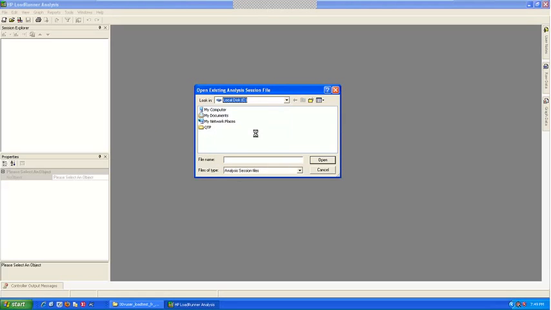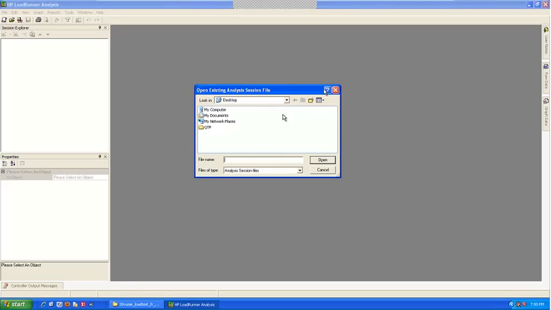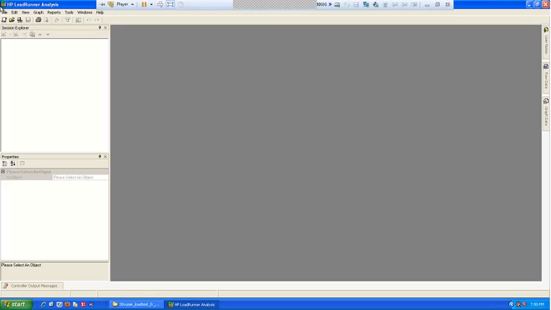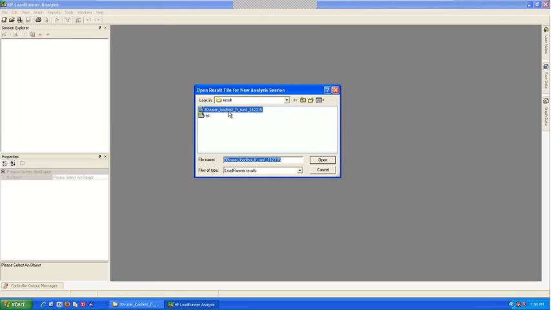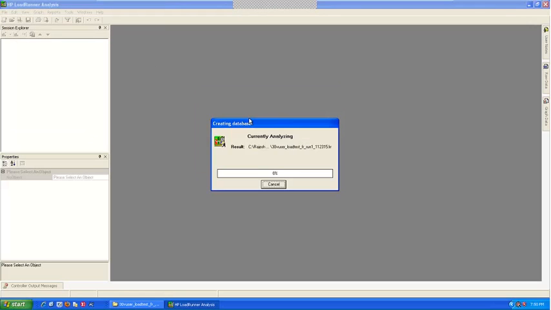So if I go to my C drive where I have saved it, it will not be able to identify that result file, because if you want to open an existing file, it will open only the LRA file, LoadRunner analysis file. So you have to first go to file new. That's when it will detect the LRR file. So click open, select the file and click open. Now it will create the result for you.